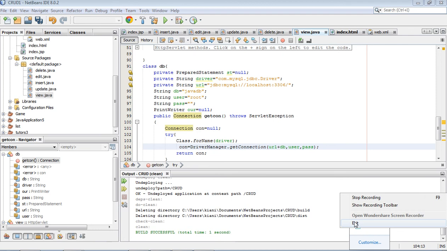con. Okay, so this is our database class. It will return the database connection for us. This return statement is inside this. Return con.